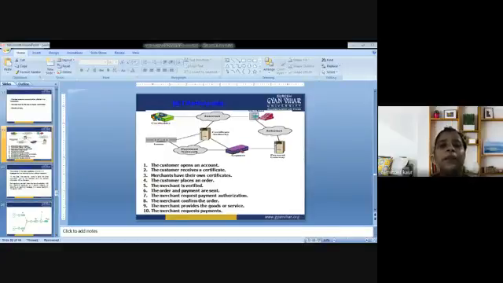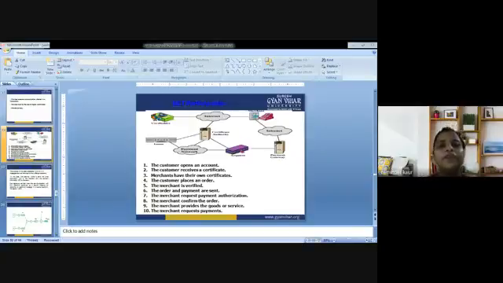So next could be to provide message confidentiality. How could it provide message confidentiality? That is, it could refer to preventing unintended people from reading the messages that are being transferred. So SET implements confidentiality by using encryption techniques. Traditionally, DES is used for encryption purpose.